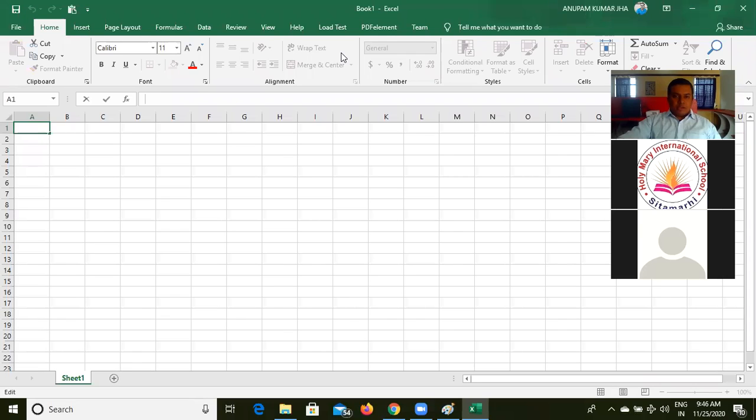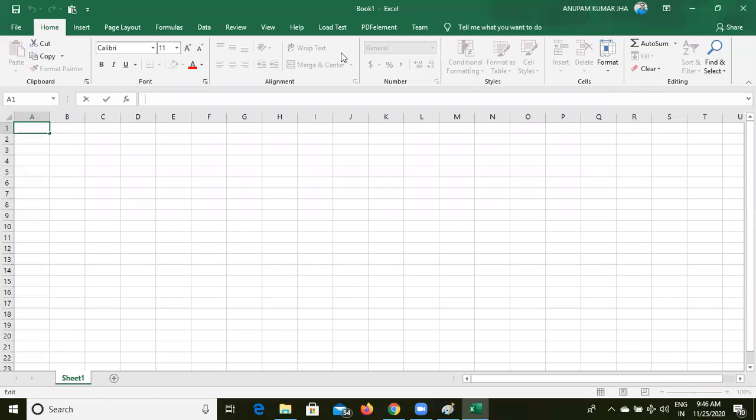Now click on blank workbook. This workbook came. Now see here, this is the cell address. This box we have to call a cell, and here in the name box it is showing the cell address. I am clicking here, C7 showing, here clicking K11 showing. So cell address is nothing but just a cell reference. Cell address and cell reference both are the same. So this is the definition of cell reference.